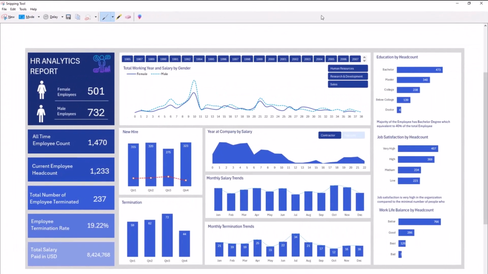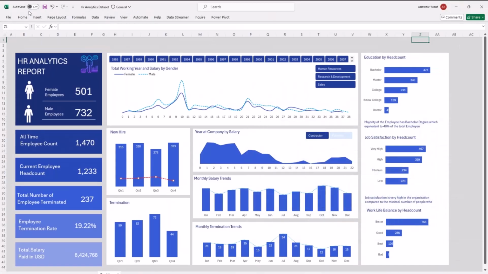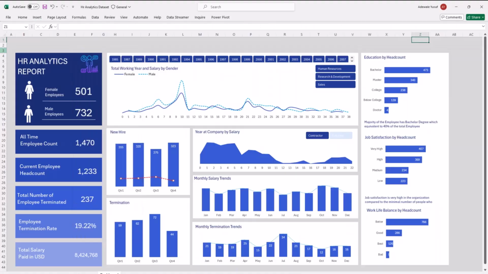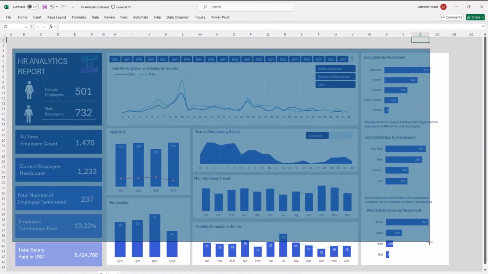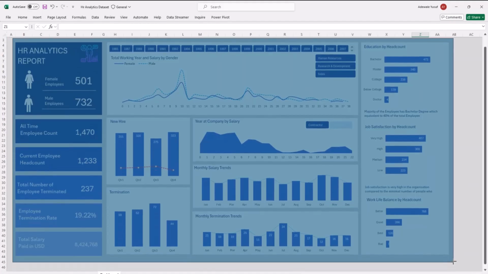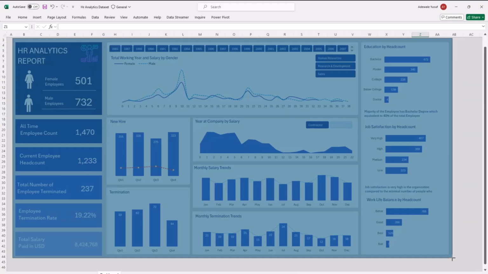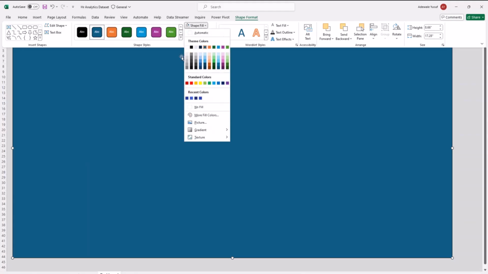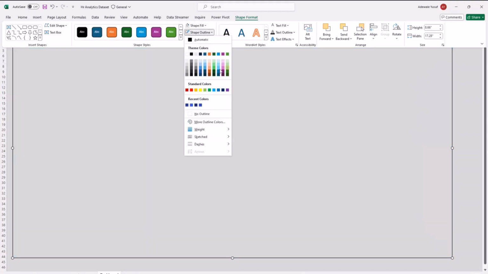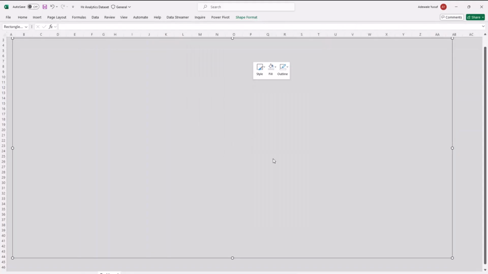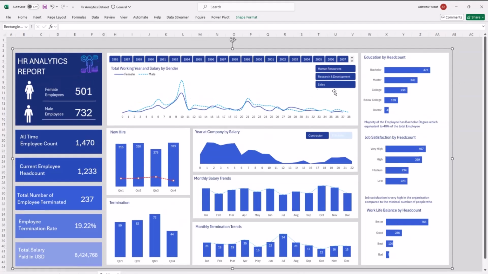Another way you can save very easily is you can actually put a shape at the back of this. So let's draw a shape. I'm going to draw a shape and put it at the back and put it here. Let me make the shape have the same size. Okay, then I'm going to go to shape format. For the shape fill, I will use this second option that I used before, and I will say no outline, right? And then I'll right click this and send it to the back. So it's just a shape sent to the back.